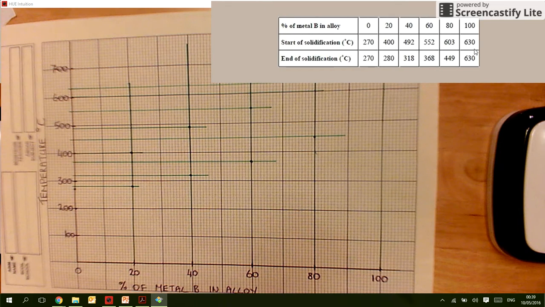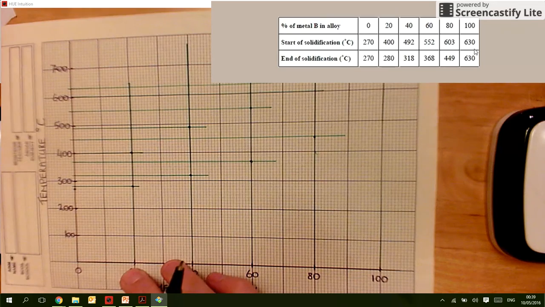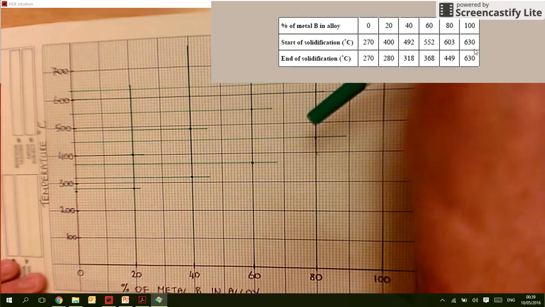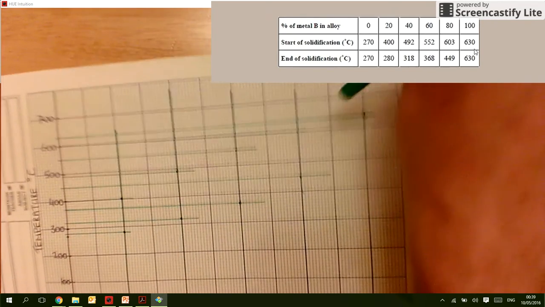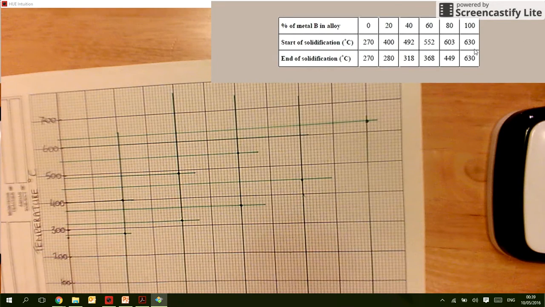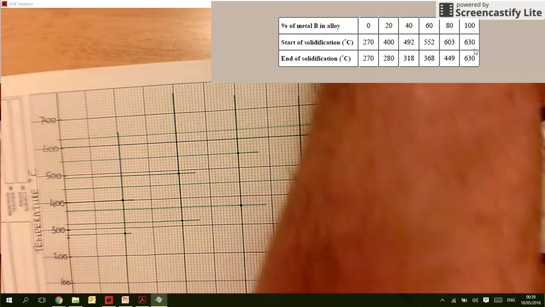So now I have a series of points on my graph, which I'm going to join up. When joining the points on your graph, it's important that you get into a position that's comfortable for you. So I'm just going to move the page there a second so you can see all the points. So I'm going to use a black pen to join up these points. So starting from the first point,